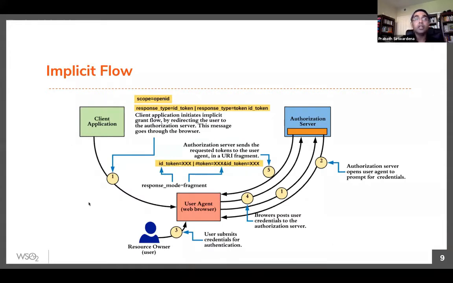Token injection means the attacker somehow gets access to the client application and finds a legitimate access token. So basically you get some access token out of the client application. Now you try to inject this access token into the client application and try to log into the client application as the owner of the access token.